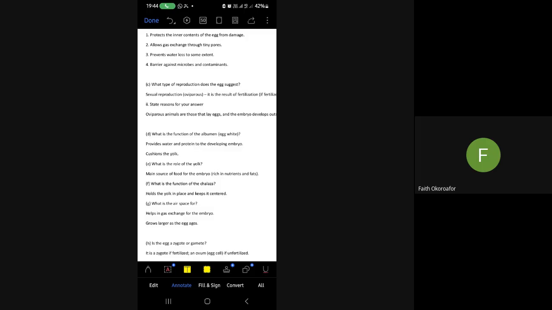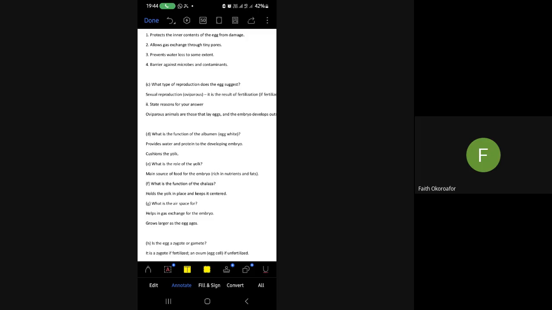Understood? Yes, ma'am. So the yolk contains the vitamins, the minerals, the fats, and another nutrient the embryo needs for growth. It is found in the